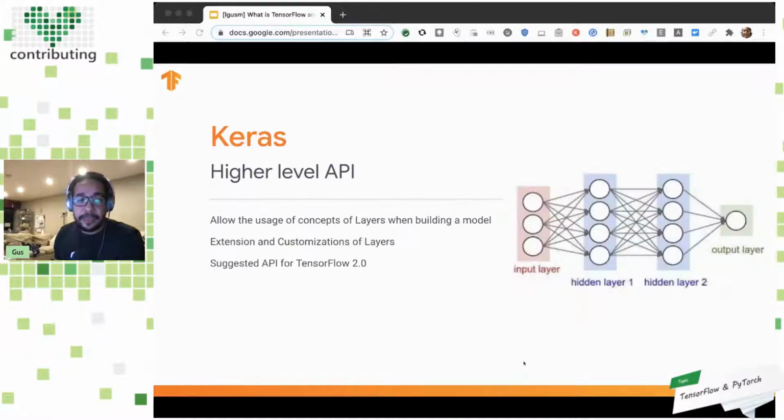Aside from that, we based our API on the Keras API. Keras is an API by itself, but we use that as our main API on TensorFlow, right? So you can see Keras over other frameworks, and it's the same API that we use on TensorFlow to make things easier. If we have enough time, I can show you a little bit of that, but the idea is to make understanding a neural network easier, right? Because it can get really complex really fast, so we try to make this as easy as possible. This is our main API.